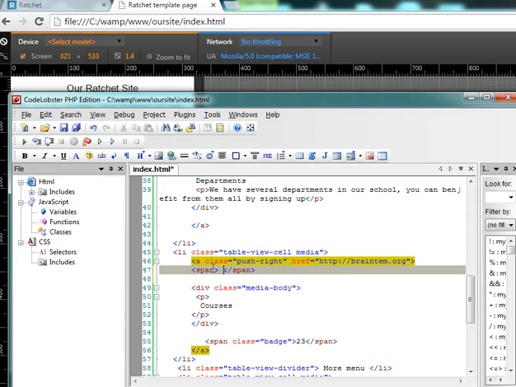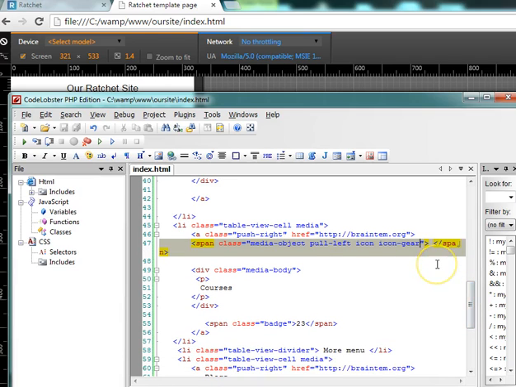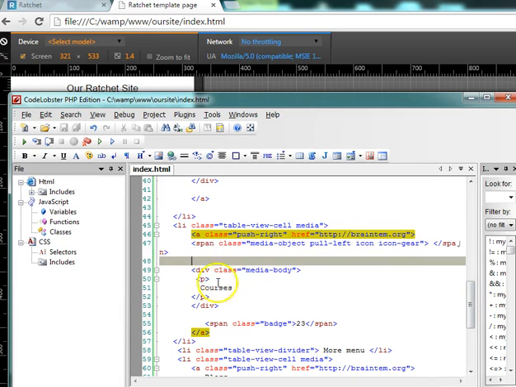If we want to use icons, inside the span we have a media object in the class media object, and not only that, we'll pull it to the left. It should go to the left of the page, and then it's an icon. And which icon do we want? We have an icon gear. There are several icons. You should check the icon page. So we have an icon gear, and that's it. This is enough to give us an icon and